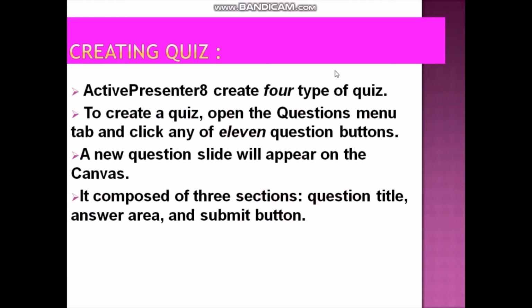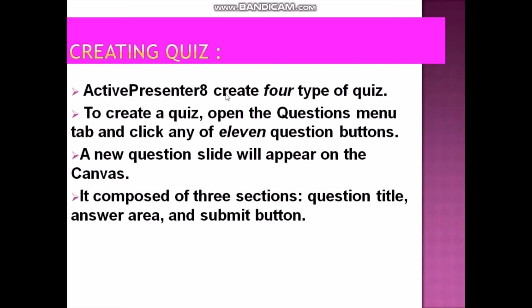So dear participant, we reach the last but one point of today's video session, the hands-on session of Active Presenter. This resource of Active Presenter allows us to create quizzes for an e-platform. There are four types of quiz, friend, which we create with the help of Active Presenter's create quiz resource. It may be a demo quiz, a test quiz or a practice quiz. Active Presenter's quiz resource allows creating quizzes.